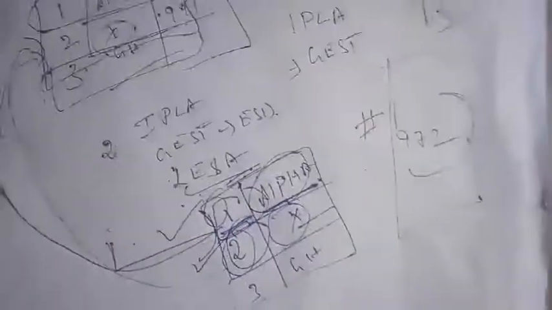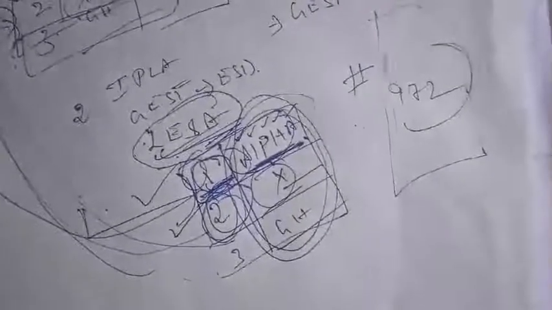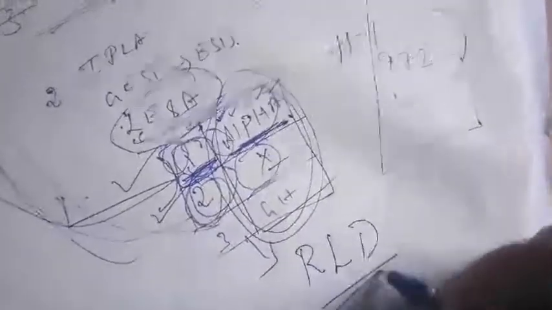Clear? We don't want to match the text. Text matching means we need to check each and every string. To avoid this, to simplify and make it fast, we use this array, LESA. Clear? It will use the ID to match and get the address. For the fastest access, we use this array. In this array we have an ID as well as the external symbols, because this is used by the relocation and linker program, and the detail will be in the RLD, the relocation and linker detail card.